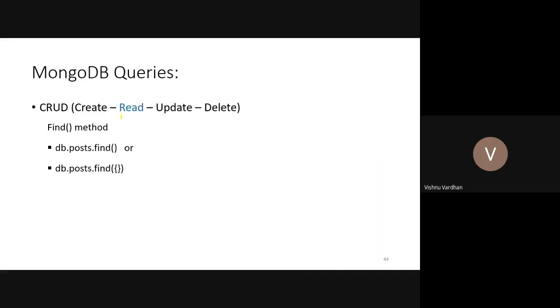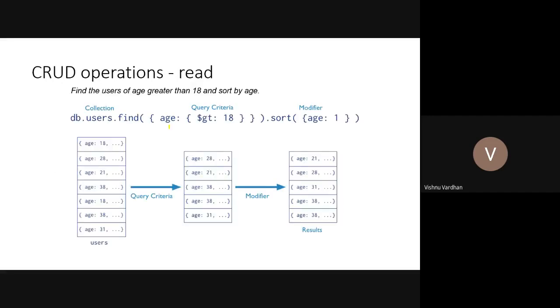Then coming to the second one, that is read operations. Read operations are generally called by using the find method. Without any filter, you call it in this way. Additionally, if you want to provide any condition, suppose you need to filter by email address or by company name, then you can do so by providing a filter in curly braces. How to do that? Here we can see the example. There is a collection named users, and find is the method.